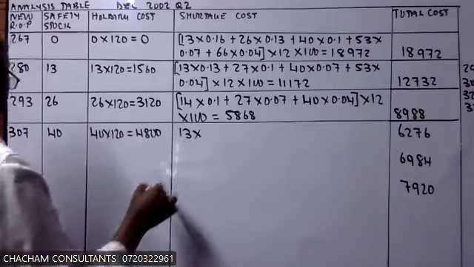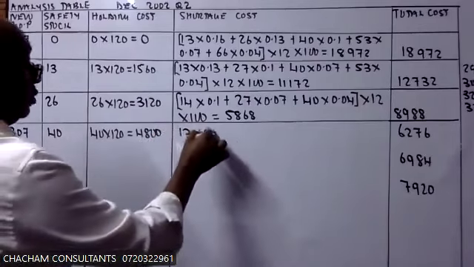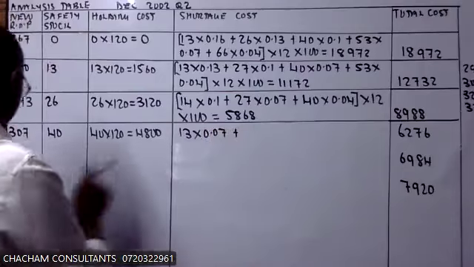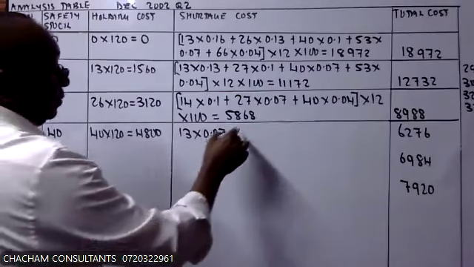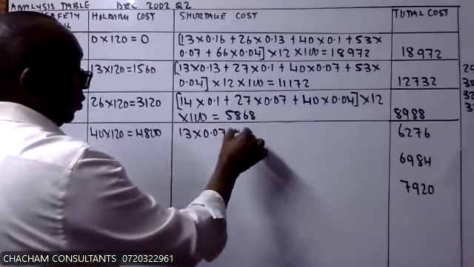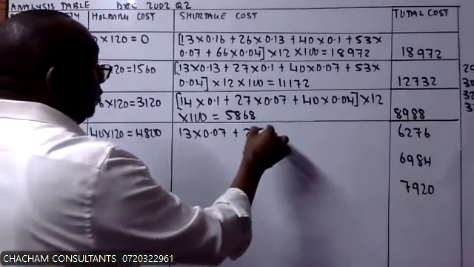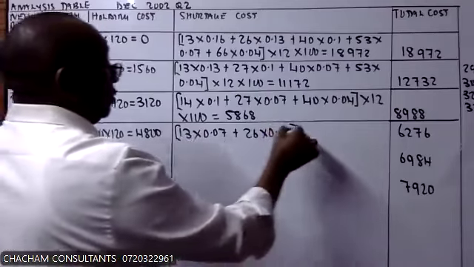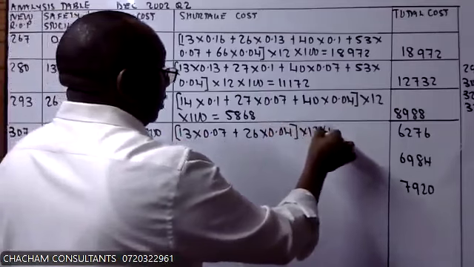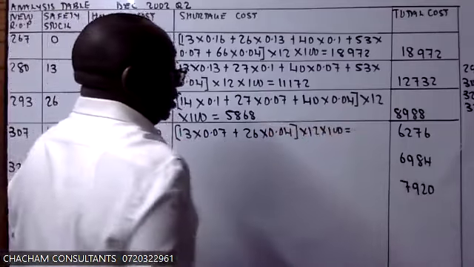And the probability of that is 0.07. Then at 333 the shortage is what? 26, and the probability is 0.04 times 12 times 100. Sasa hapa ndio unasema umepata